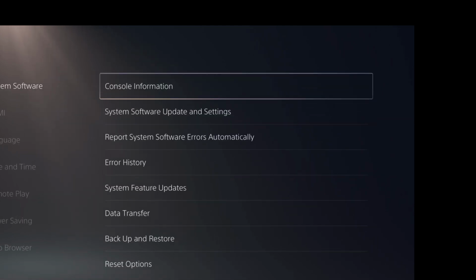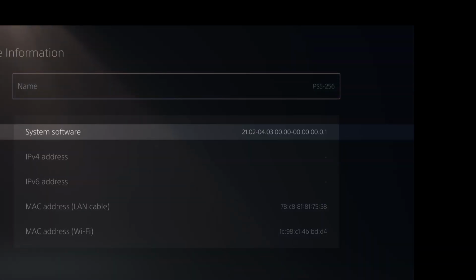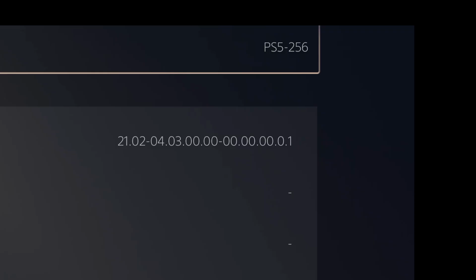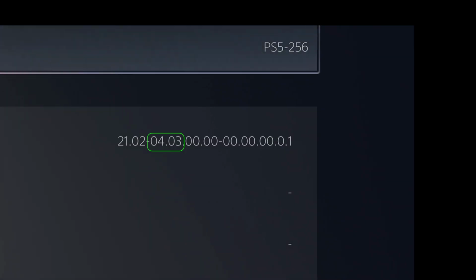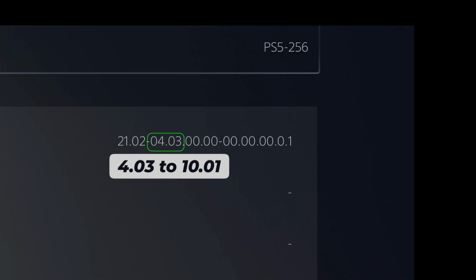Then, if we head back, we are going to go into the console information page and check your system software version, which is this long string of numbers here. After the first dash, we have our firmware version. You can see mine is currently on 4.03. You can follow this video to jailbreak your console from any firmware from 4.03 all the way up to 10.01. Any firmware within that range between 4.03 and 10.01 is jailbreakable,